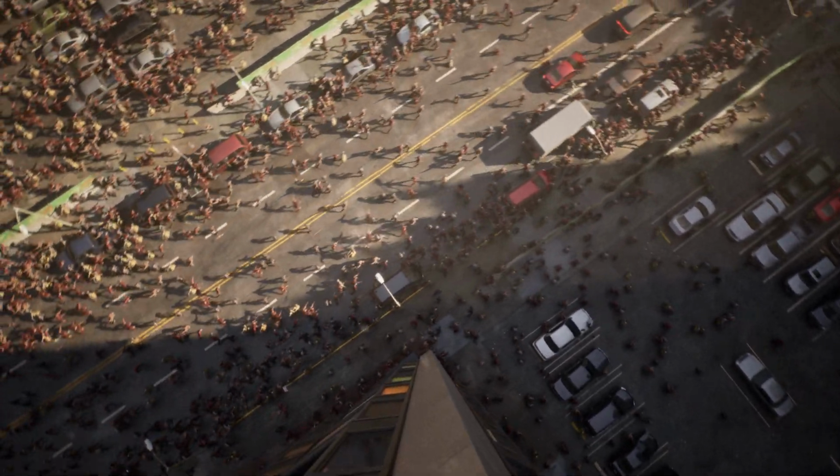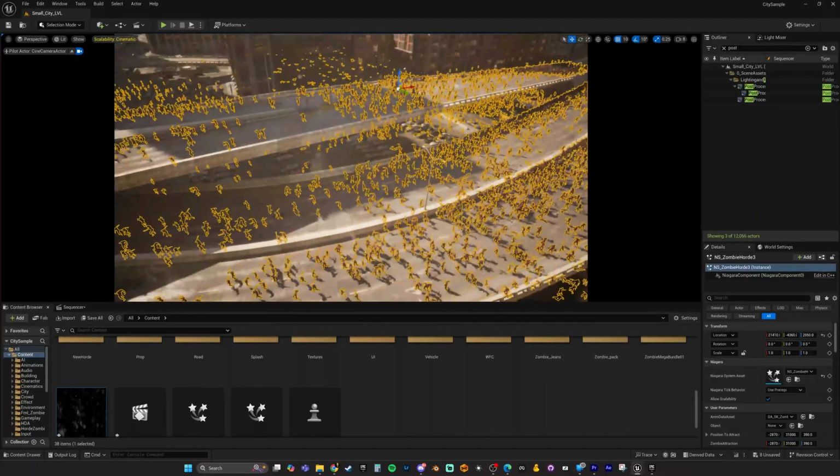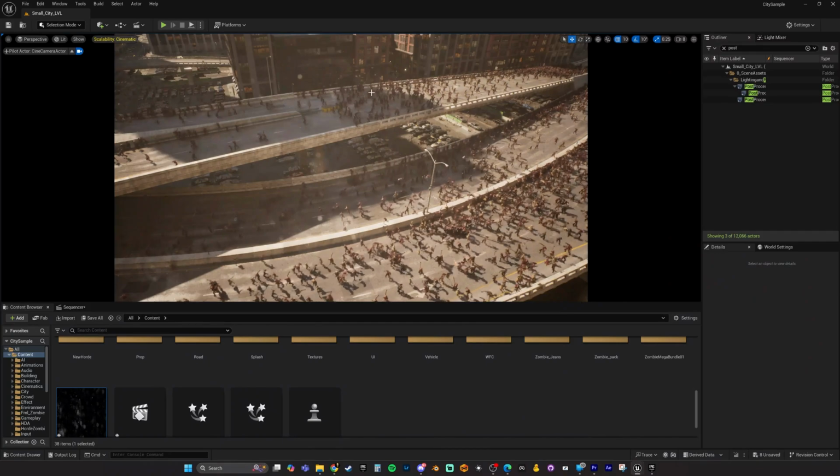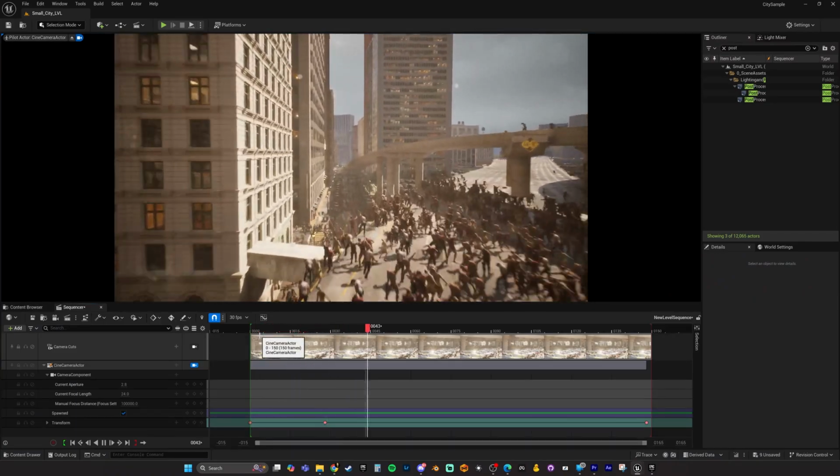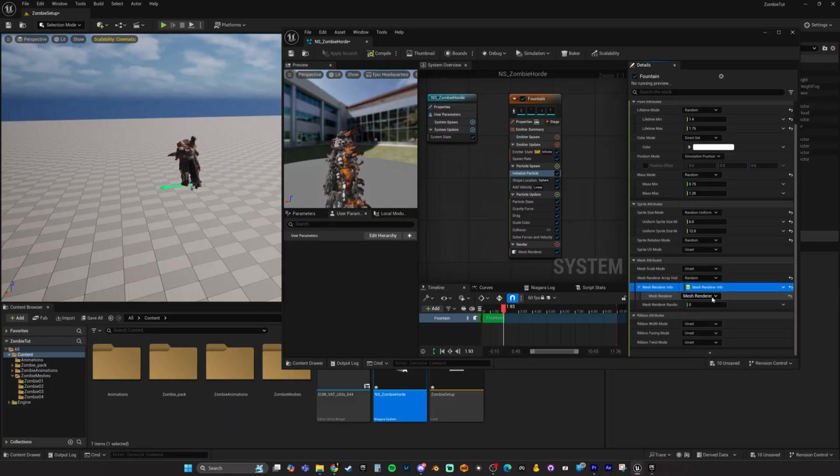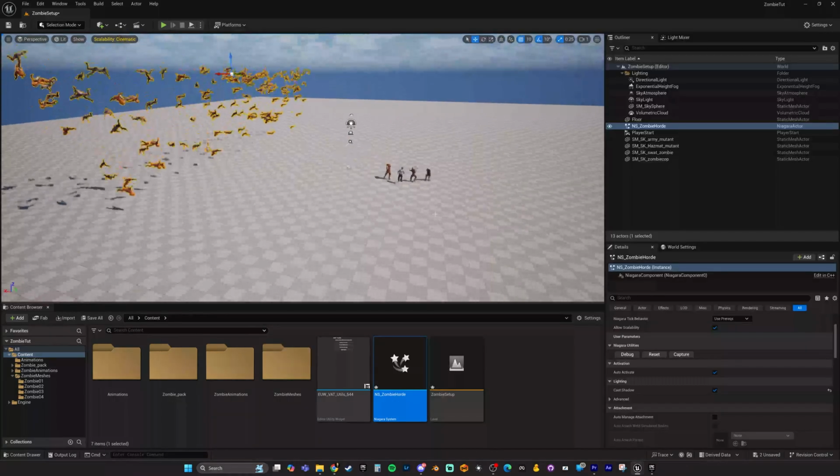Have you ever wanted to create massive crowds of thousands of stampeding zombies in Unreal Engine? Well, in this video, I'll show you step-by-step how to use a Niagara particle emitter for crowd simulation and some